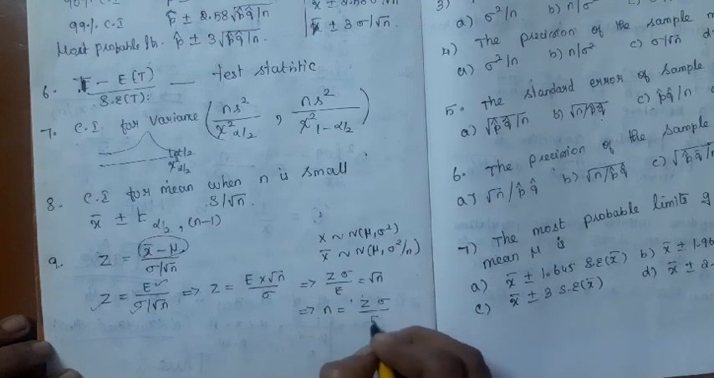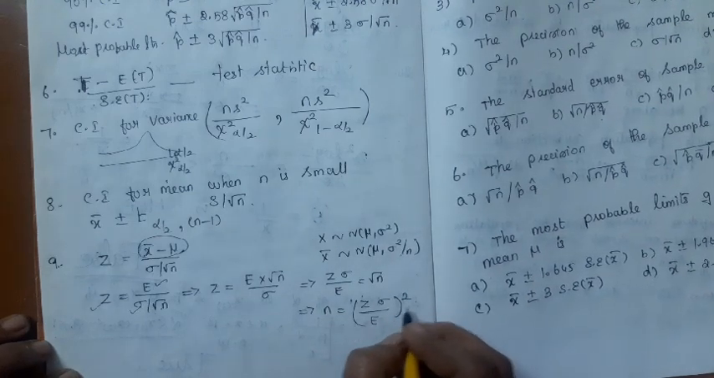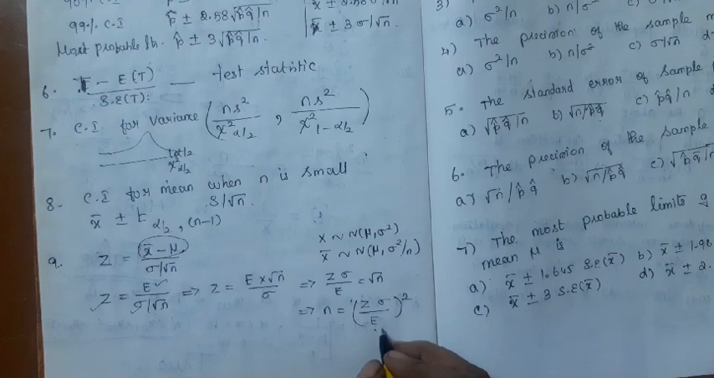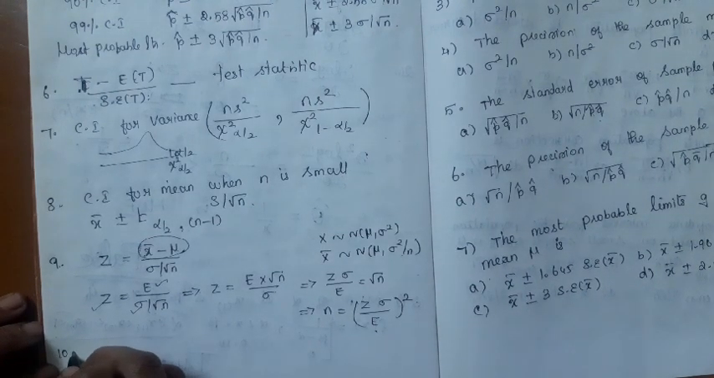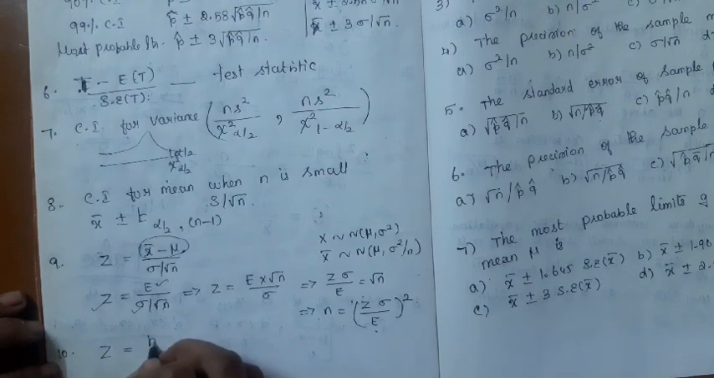Z sigma by E the whole square, right? So this is the formula for finding the sample size when you are testing the population mean based on large samples. On the same grounds, this statistic also follows